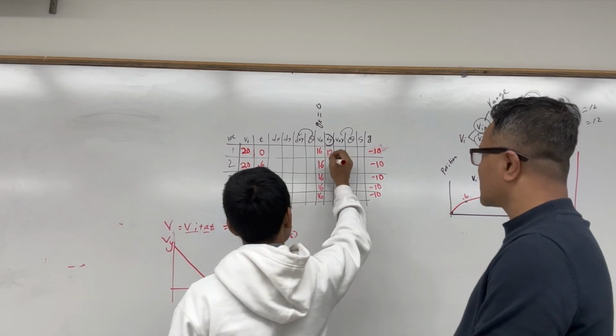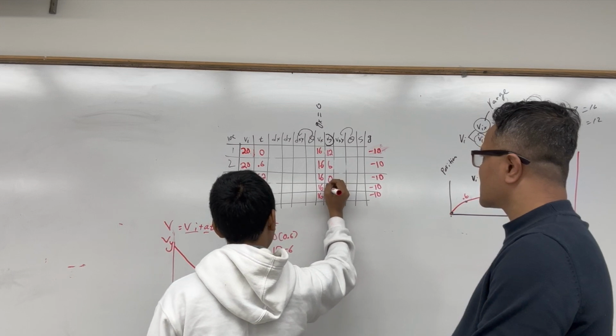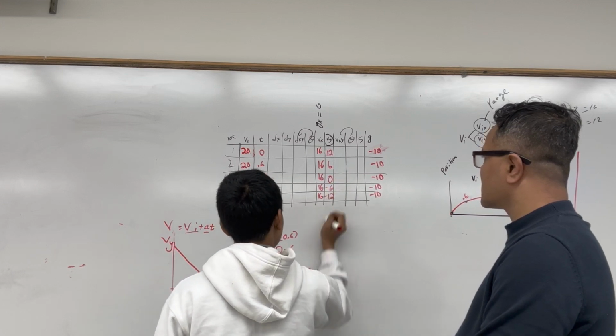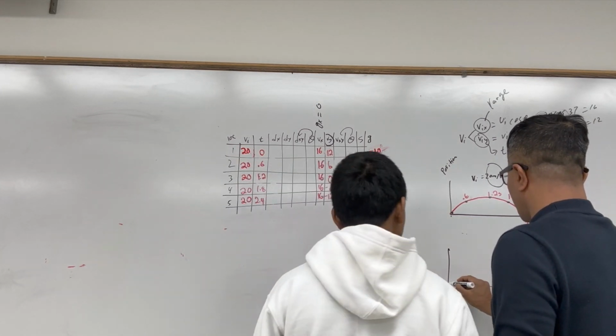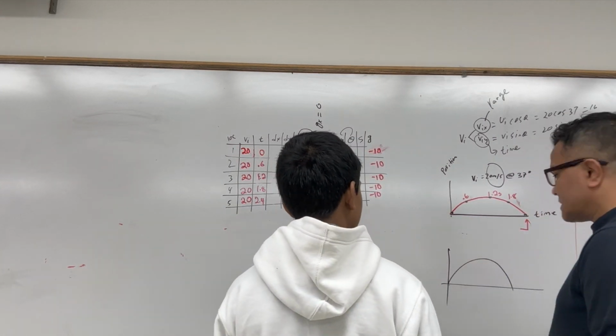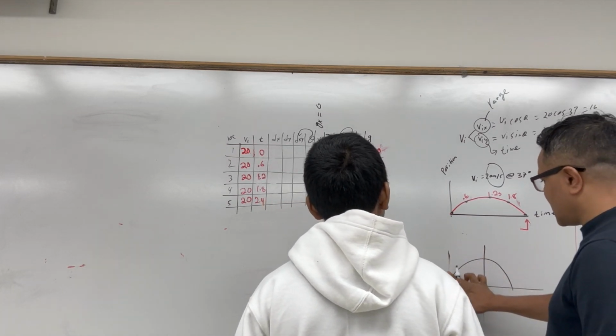So that gives us 6. At location 3, it's 0, as we know. At location 4, it's minus 6. And at location 5, it's minus 12. A parabola, you can divide it 50-50, right? Mm-hmm. So if you cut it in half, the velocity vector, can you